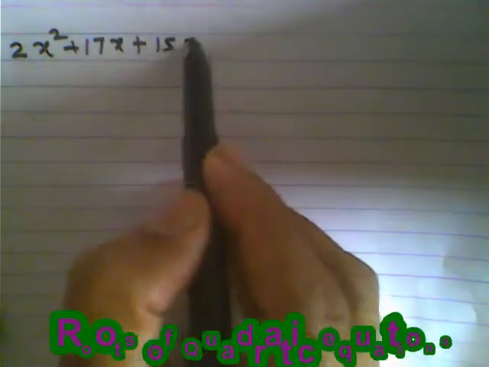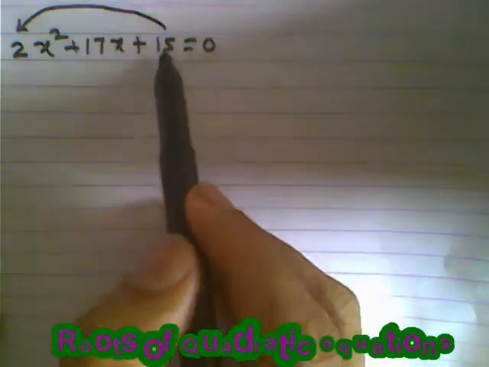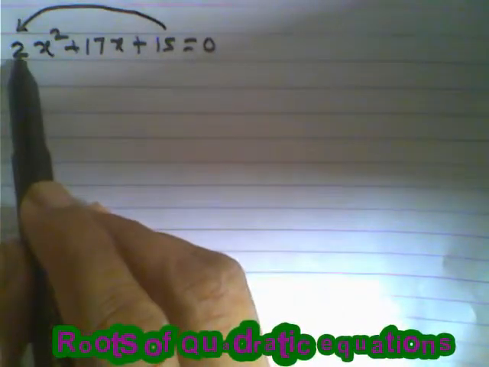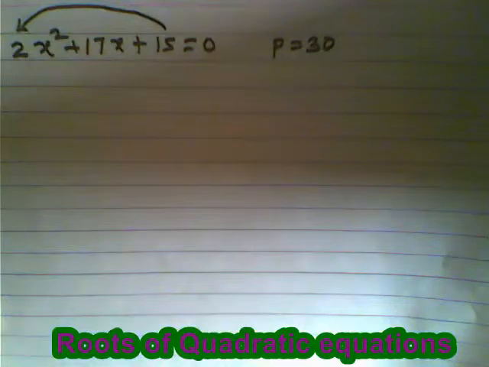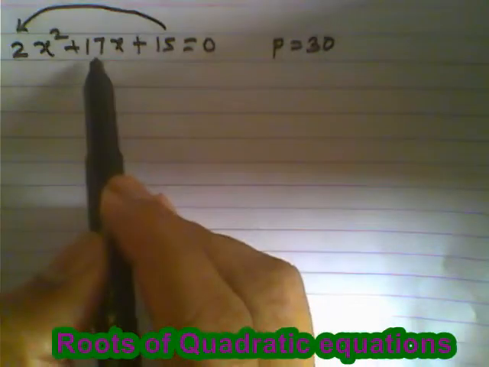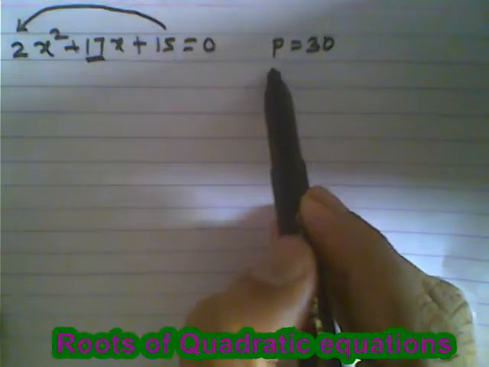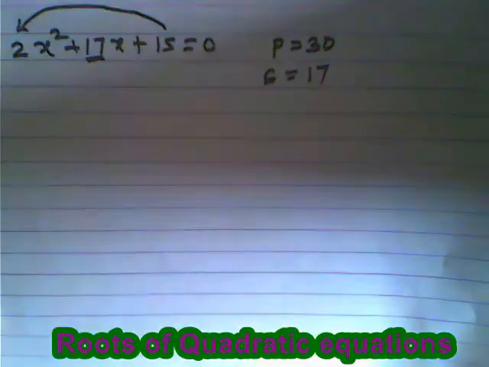So take the first question, that 2x square plus 17x plus 15, that is equal to 0. Now here we multiply the constant term and the coefficient of x square, and therefore it is 15 multiplied by 2, that is equal to 30, and we require the product 30. Sum we take as the middle term, so it is 17, so sum we take as 17.